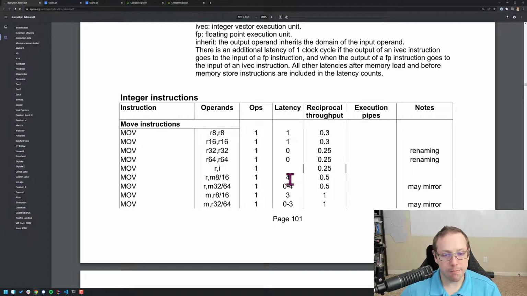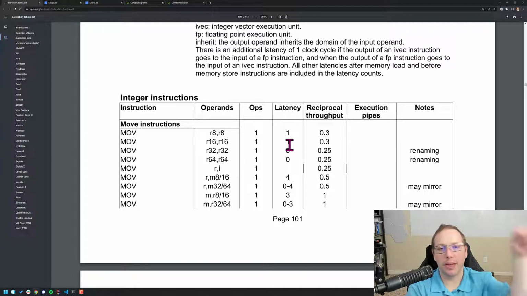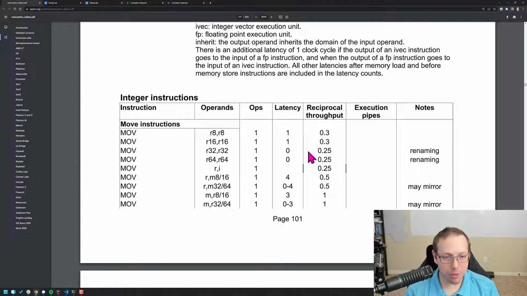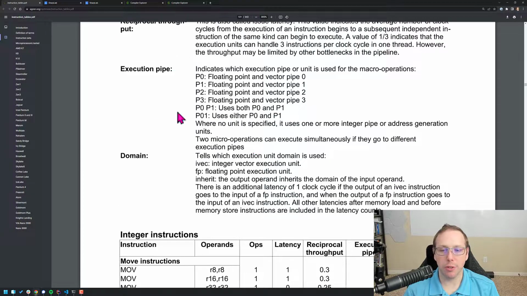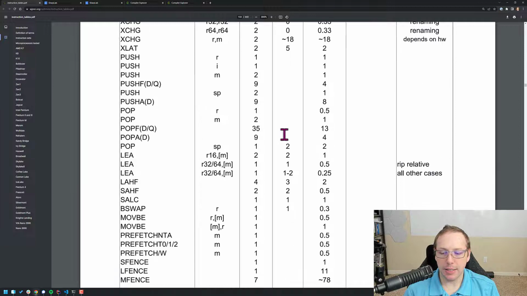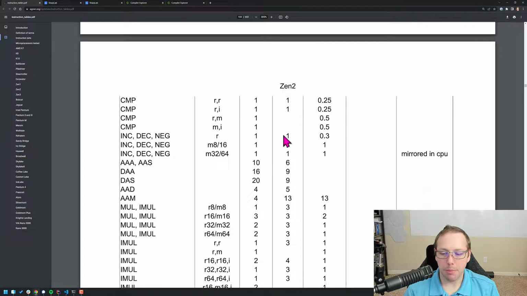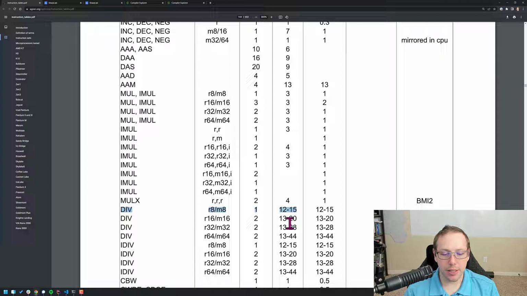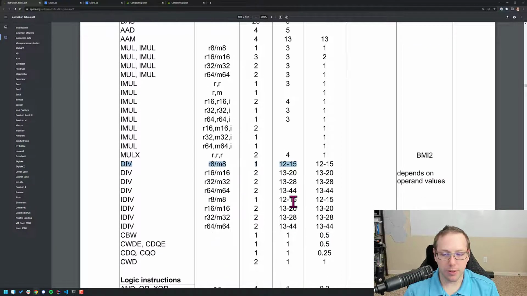The latency is important because it's like, how many CPU cycles does this take before the result is available for another thing to use? I'm not going to go into reciprocal throughput. There are some great descriptions in here about what these things represent, but latency is the one I'm really caring about at the moment. And the latency of division is absolutely terrible. If you can avoid dividing, please do. Multiply is much better, but still